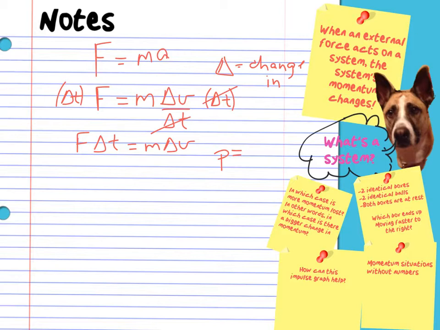But momentum equals mass times velocity. So change in momentum is mass times the change in velocity. So this portion is the change in momentum,